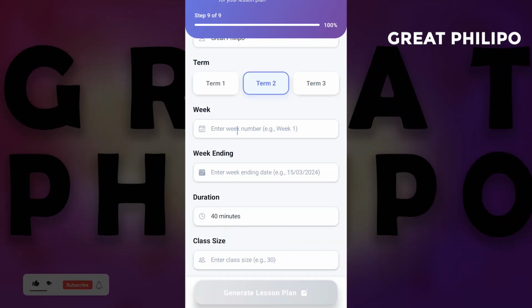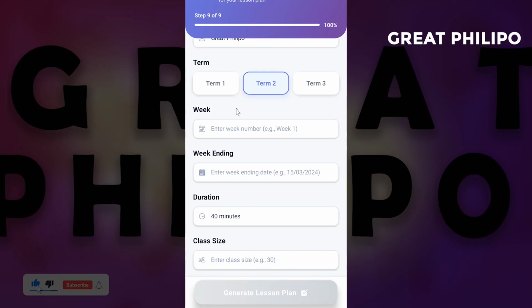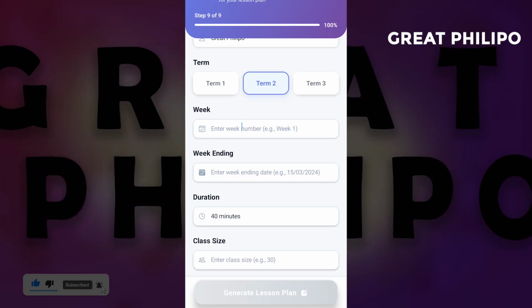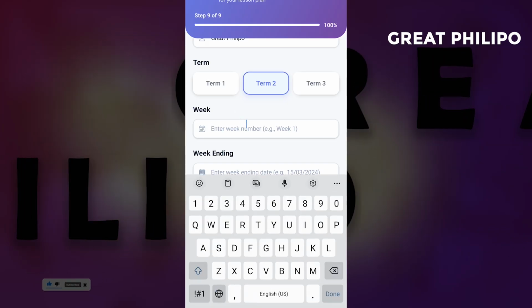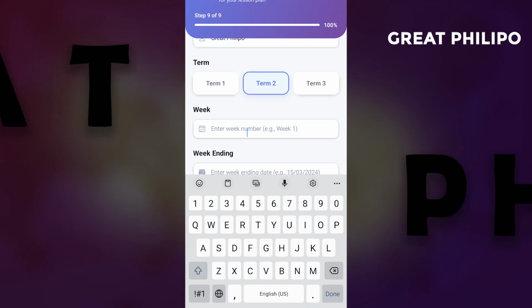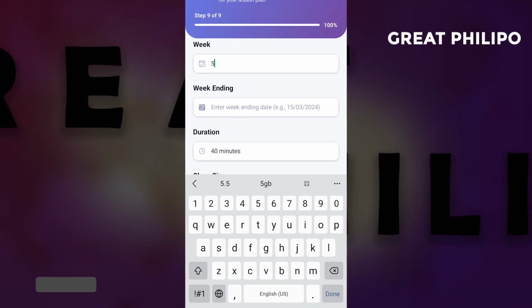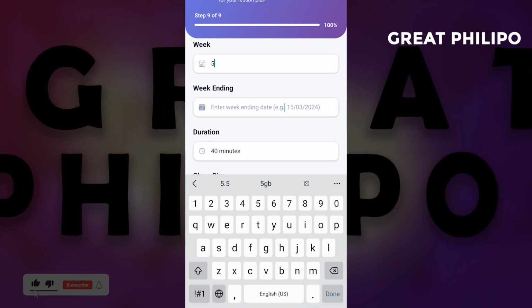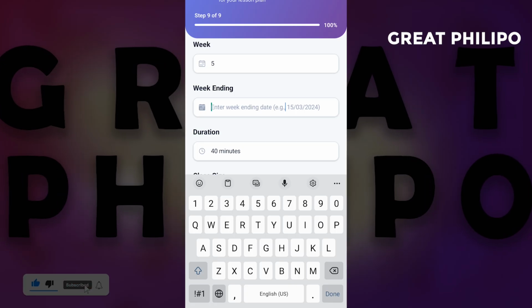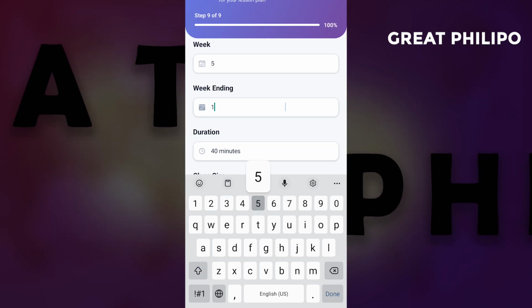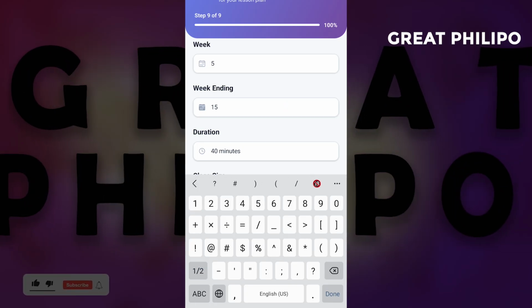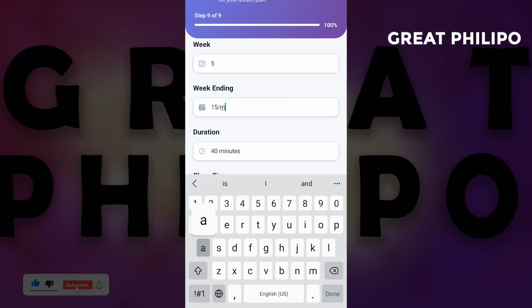Then you enter the week number. Let's say we are in week 5. So just enter the week number, 5. Then you enter the week ending. So let's say the week will end on 15th March